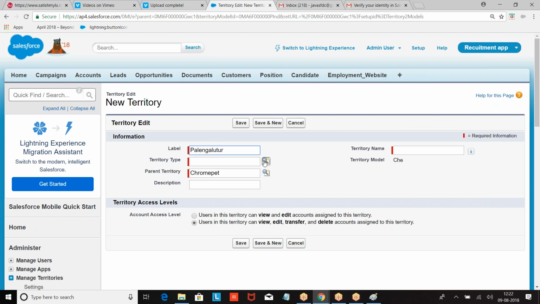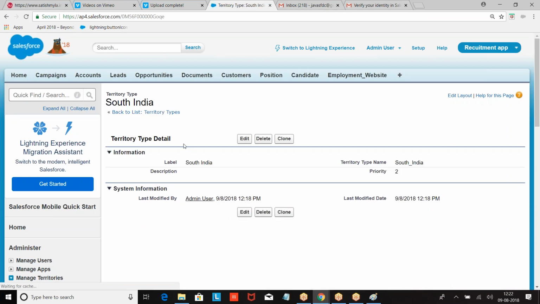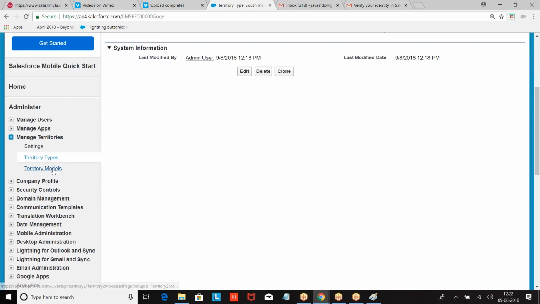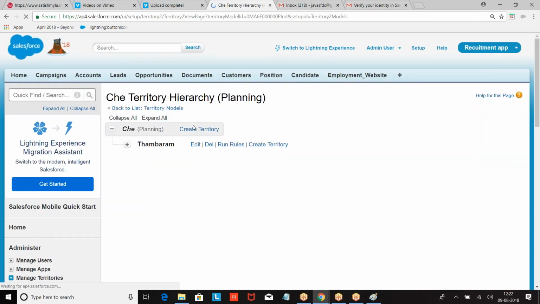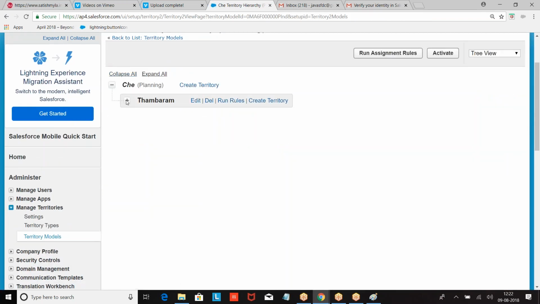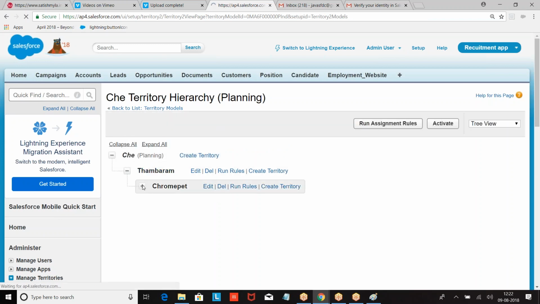Under this we have Kalangatur. Now we created the regions here. So we had a South Indian territory. Under the South Indian territory we have Chennai. Under the Chennai we had Tambaram. Under the Tambaram we had Chromepet. Under the Chromepet we have Kalangatur.